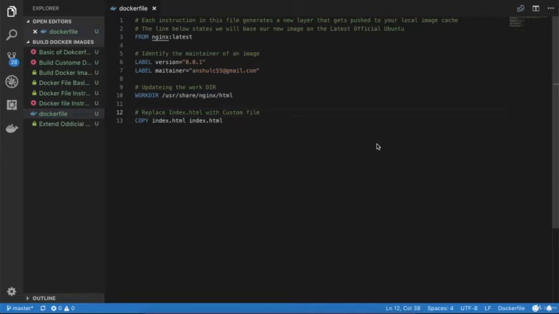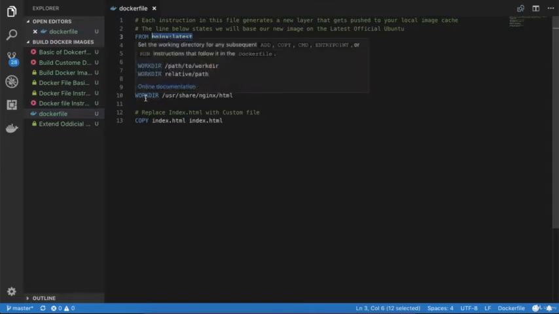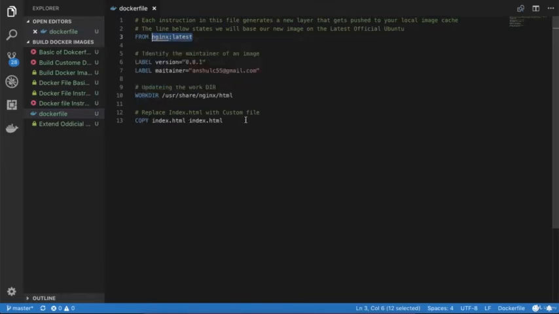Now over here you can have a few questions, right? You can see we are not providing the CMD command. We are not providing any RUN command. Why are we not providing any CMD command? Because the RUN command and the CMD command are already present inside the official Nginx image. We are just providing the label, and the working directory where we want to work. And what is the work? We are going to replace the official index.html file with my custom index.html file.